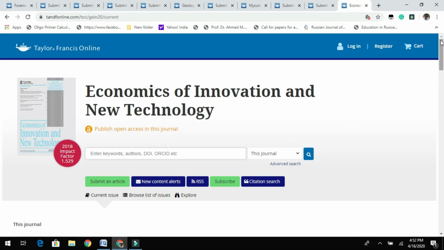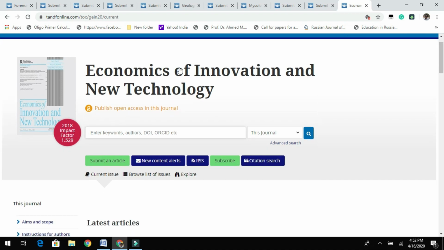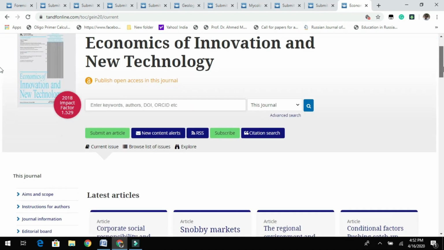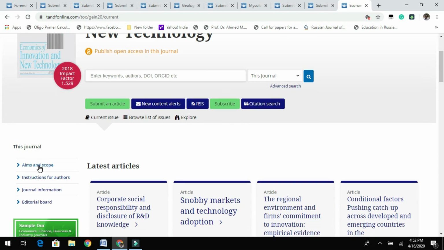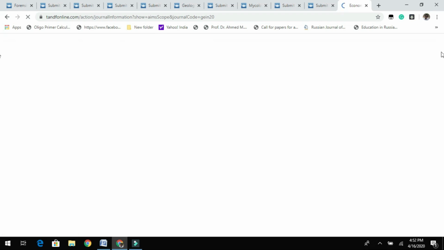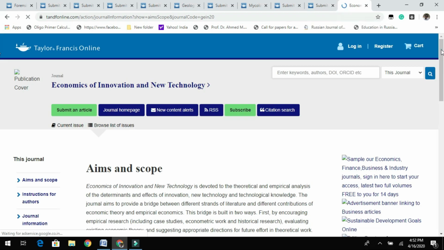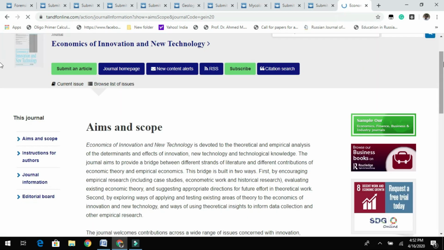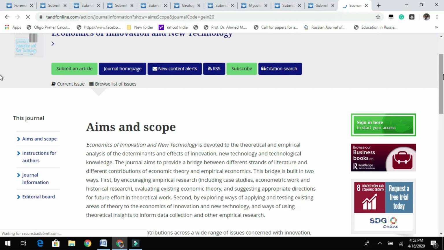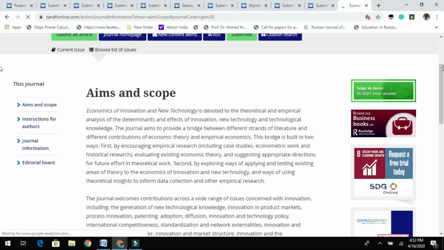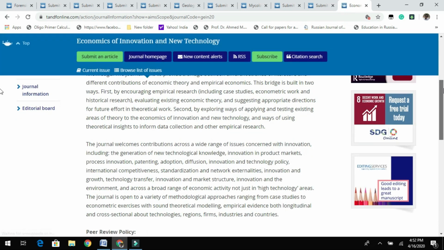So last but not the least, here is a journal related to economics of innovation and new technology. It's an open access journal which has an impact factor of 1.5. Let us move on to the aims and scope of the journal, so that you can easily target this journal and see whether your research related articles are accepted. So moving on to the aims and scope, here you can see it has a wide range of